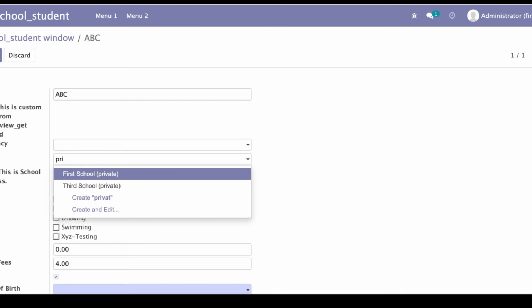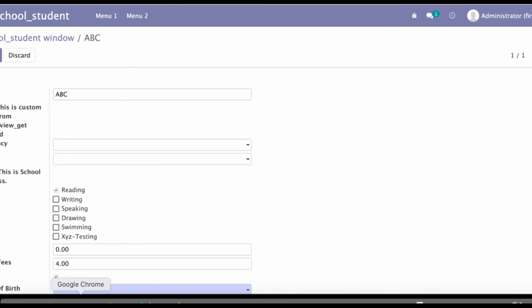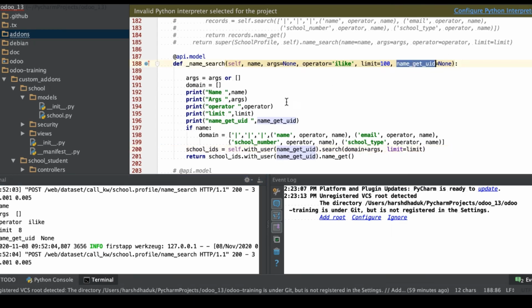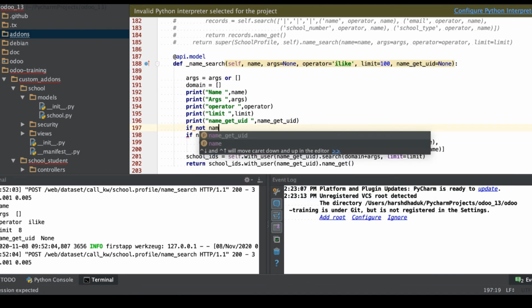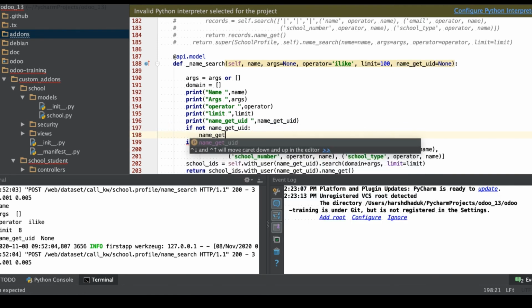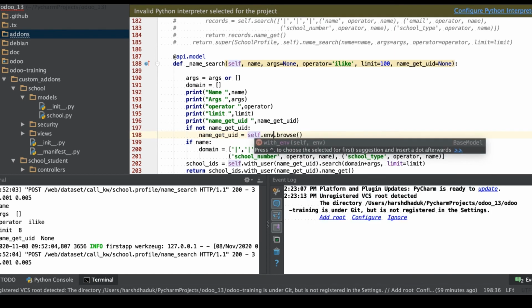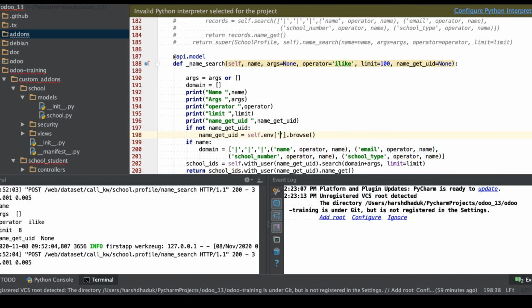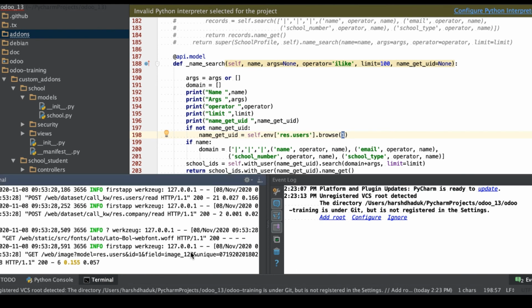Private, public, something like this, right? And the thing is, by default it's coming as None. Then you can also add: if not name_get found, then you can add uid equal to self.browse(self.env, res.users, and passing 1). Let's restart the service